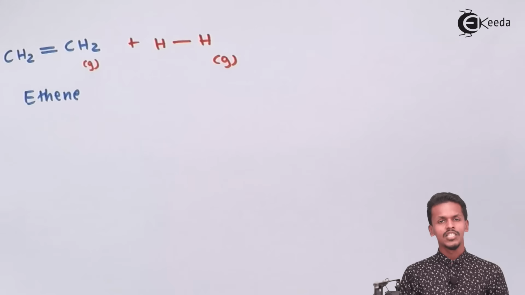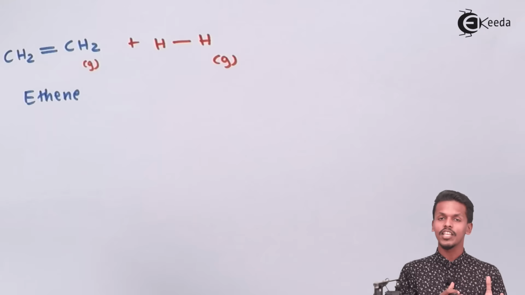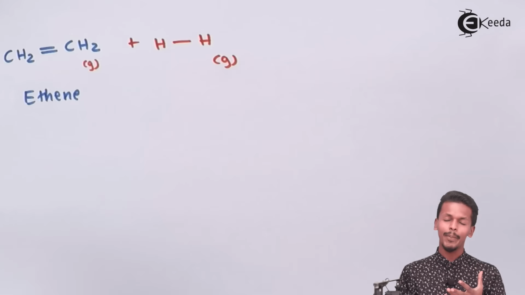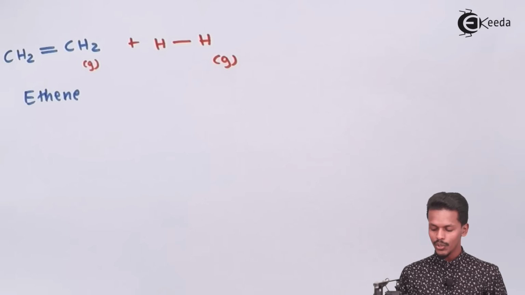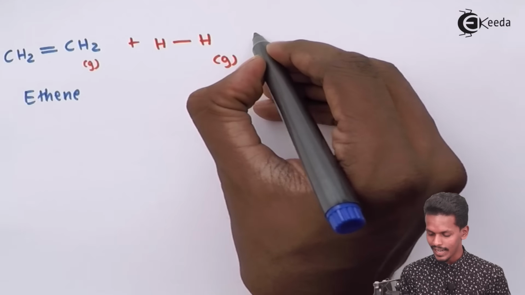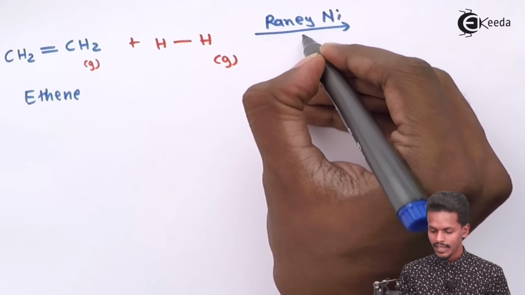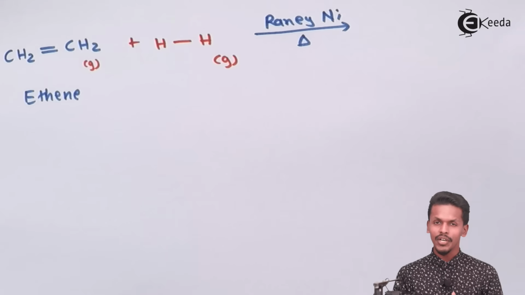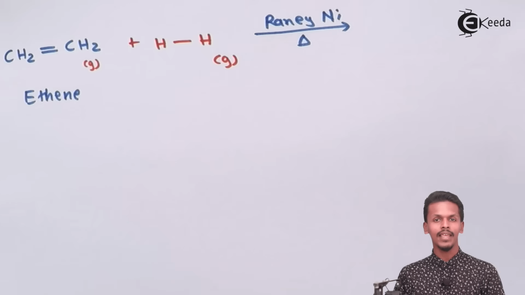And we could see that if we have to convert this into an alkane, this reaction can't take place on its own. We have to introduce a catalyst, or in the sense we could also say that this reaction will happen, but it would require more time to get a product. Therefore we are introducing the catalyst. That catalyst is nothing but Raney nickel, a highly porous nickel metal, or we could say highly crushed nickel, so as to form a small product, because the more the surface area, then only this process will